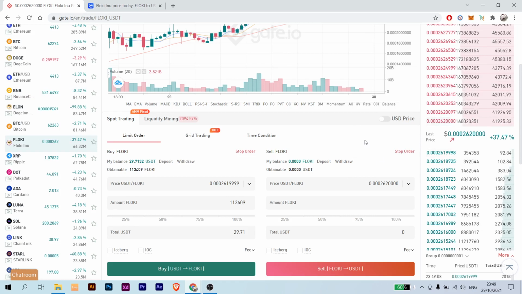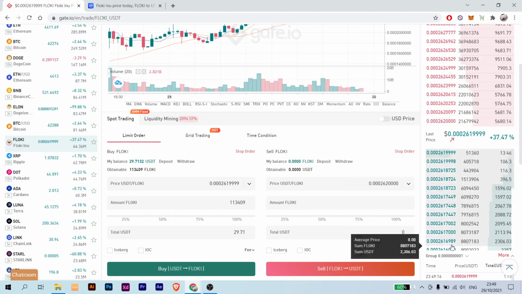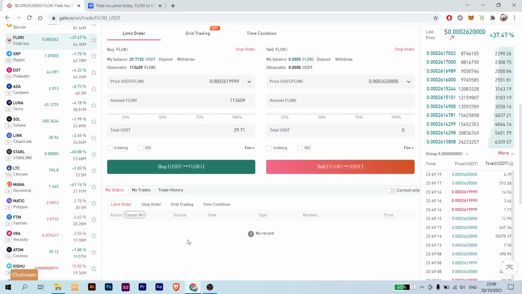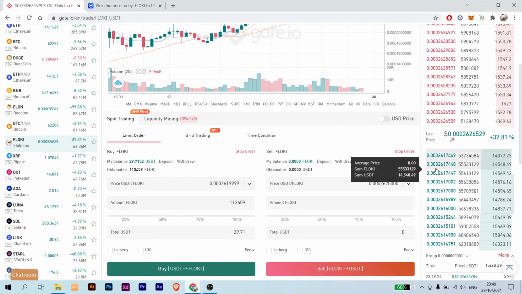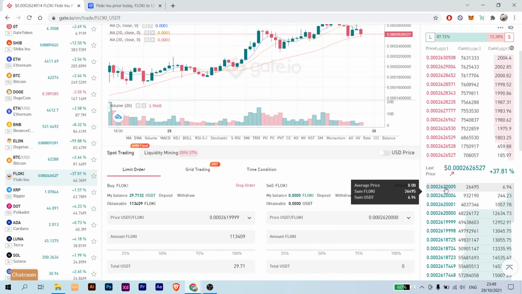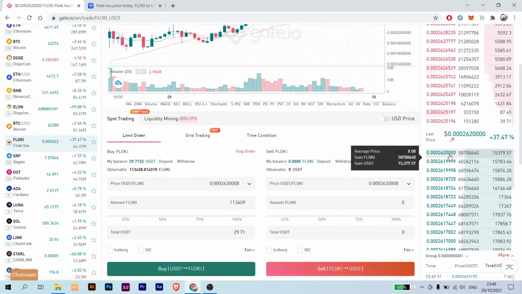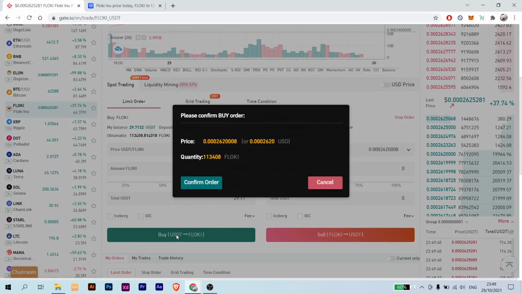The thing I'm going to tell you is to choose a reasonable price, okay? Because if you choose something way down here and the market wouldn't get down there, your order would get stuck in here and you'd need to cancel and choose the current market price. In my case I'm going to choose this one, for example. As you can see, the moment you click on it, it will get applied here. Click 100% and click buy,